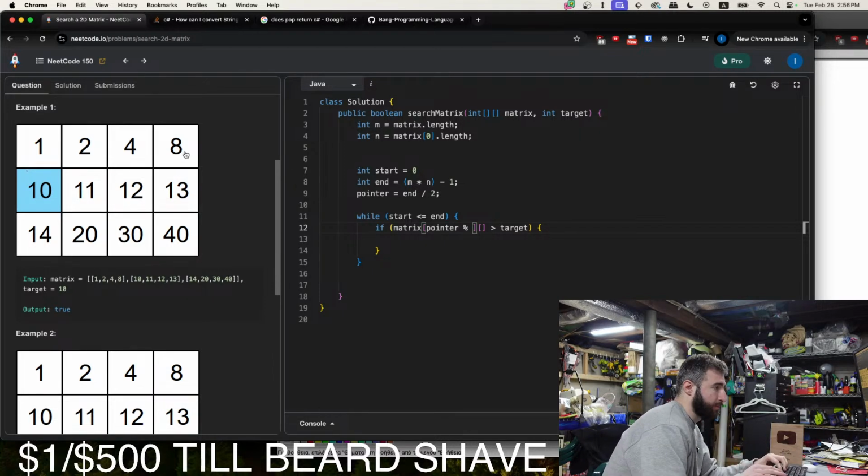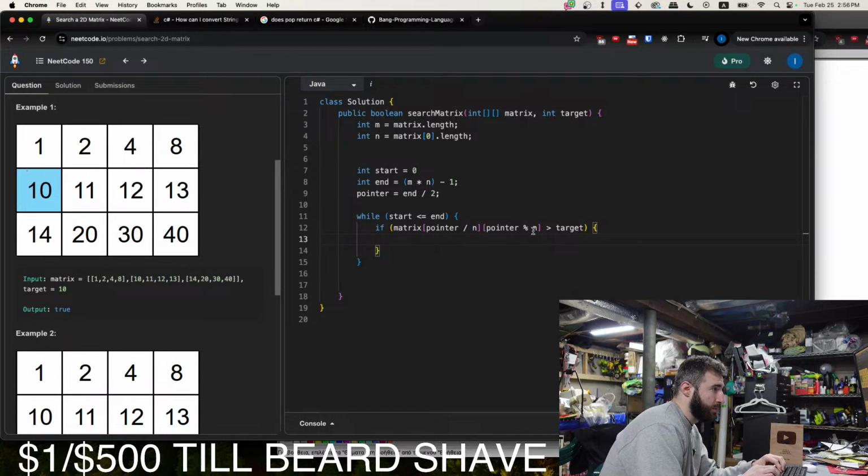So it's mod n. Okay. Wait, no. It's divided by n, not mod n. And then this is pointer mod n. All right, let's see if this works.